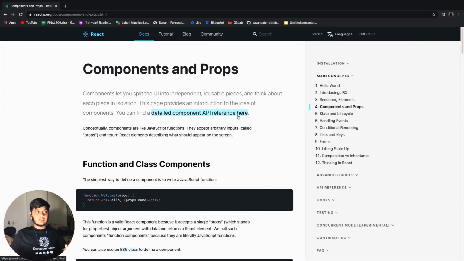Let me also explain how I am designing this whole playlist. I am just following the React documentation, as they have great documentation. If you have any doubts or any query, you can mention it in the comment section down below, or you can check the documentation of React, which is amazing.